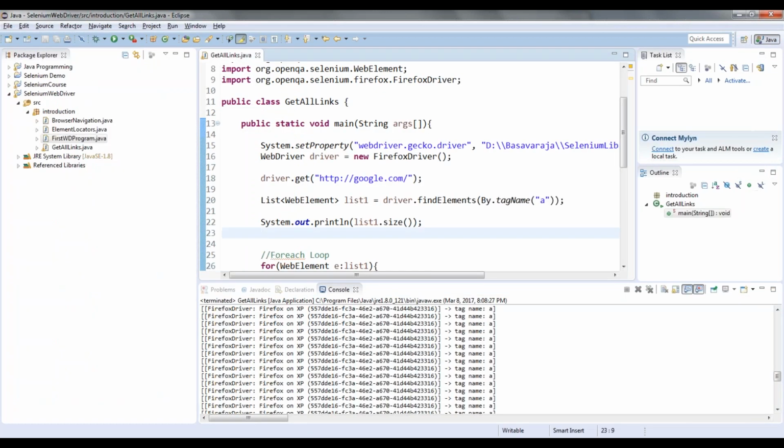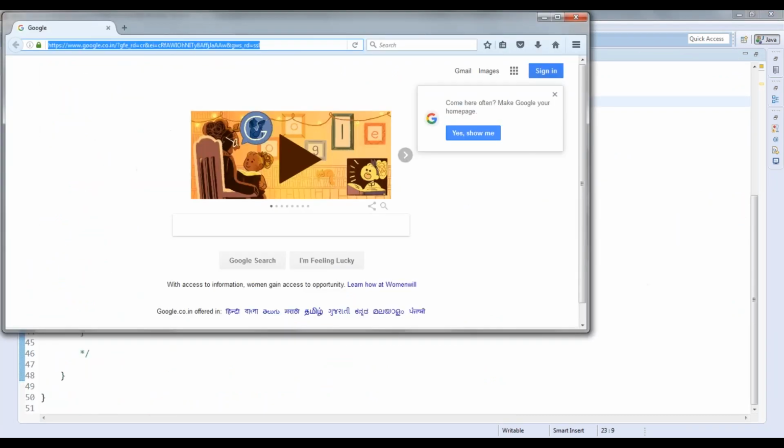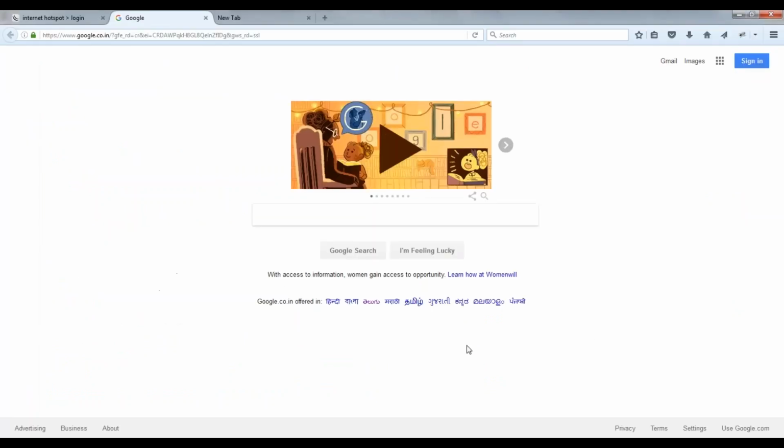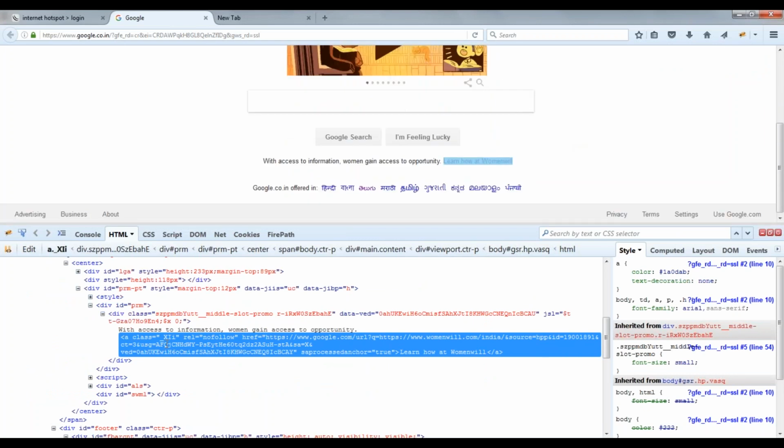Once you get the list, I don't want to simply display the list. The list is nothing but the list of all the web elements, the list of all the elements inside that page I have got. Now each and every element will have some attributes. You can see here it has a class, right? It has some rel attribute. It has some href attribute. It can have name also. It can have something else also. ID also, everything.